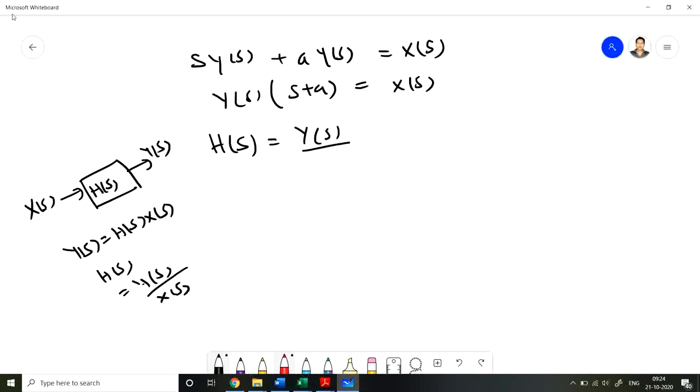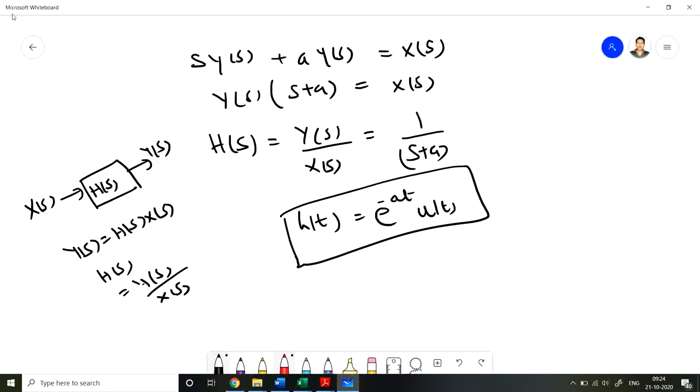And Y(s) divided by X(s) is 1 divided by s plus a. So h(t), that is the impulse response, is equal to e raised to the power minus a t into u(t),